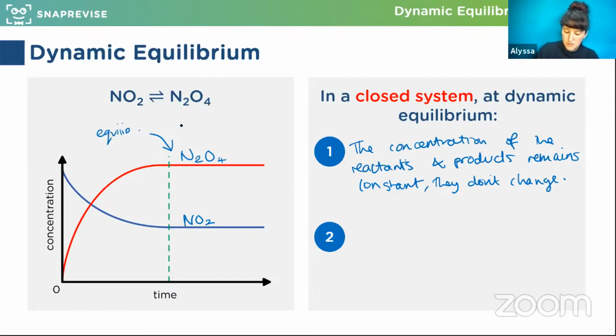Equilibrium is reached when they remain constant, because at this point, where our green line is, our concentrations of product and reactant remain constant. From then onwards, they don't change. So that is where equilibrium is reached. All this bit is telling me here, where they cross, is when they both have the same concentration. So that's not actually when equilibrium is reached. It's just when they have the same concentration. Could be at any point.